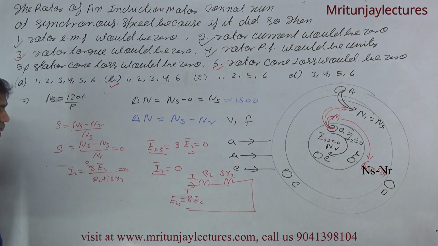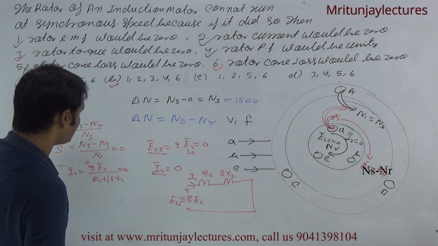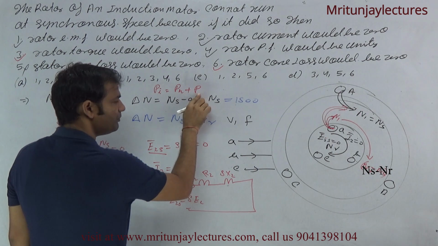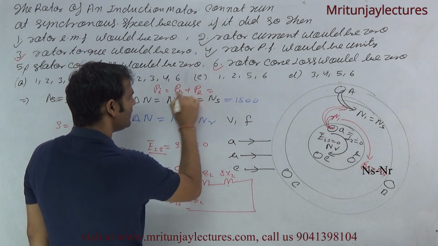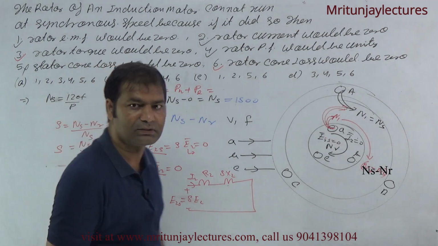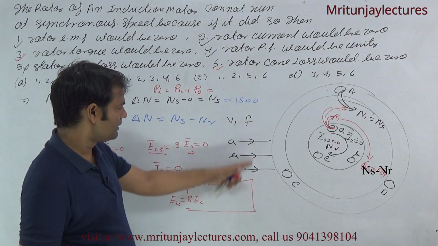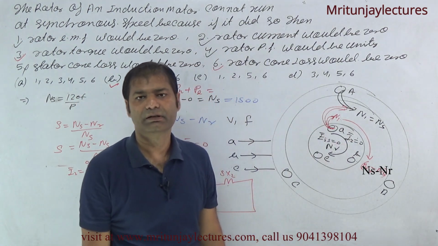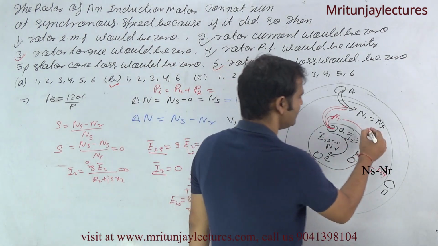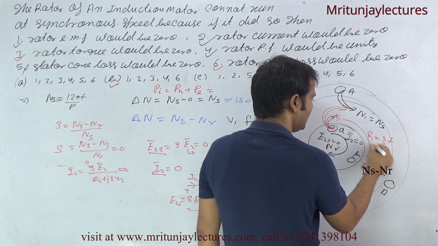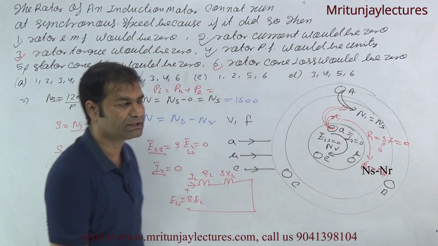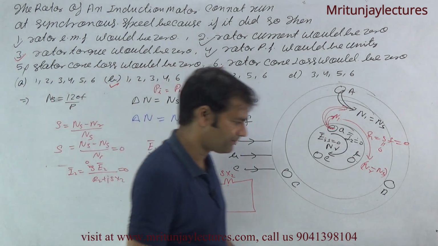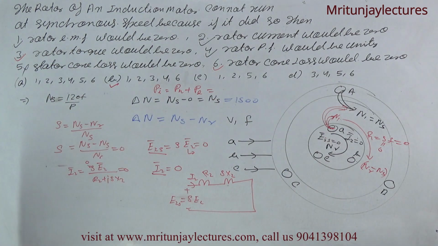Okay, rotor core loss. I know that core loss means Pi. If any doubt, Pi is equal to PH plus PE, both are dependent upon the frequency. Here on the rotor side the frequency is f2, which is equal to s into f. S is 0, that's why f2 is 0. So you can say that rotor core loss would be 0. Clear? So which one is the correct option? B is the correct option. Make it.